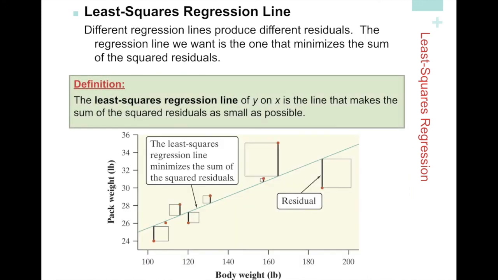Okay, so where does the least squares regression line get the term least squares? Because if you look at all the residuals and then you square those residuals, and this is a beautiful diagram of now taking a one-dimensional distance and squaring it to give it 2 dimensions. Then if you add all these squares together, the sum of the squared residuals is minimized by the least